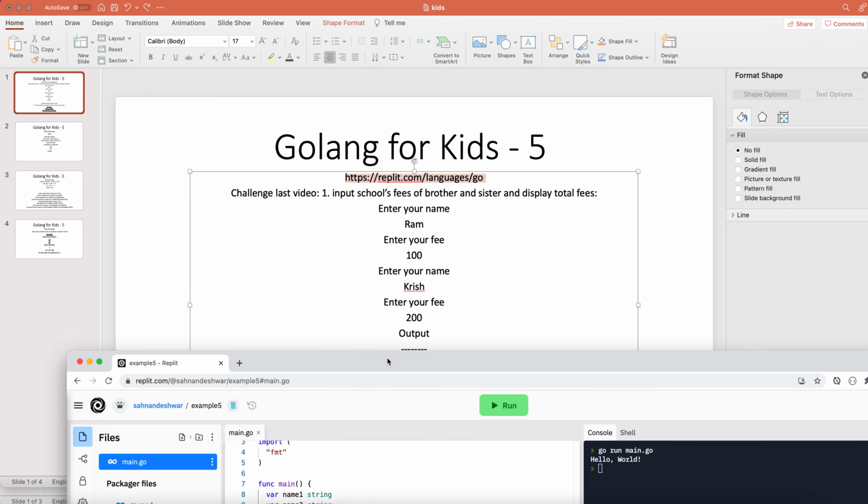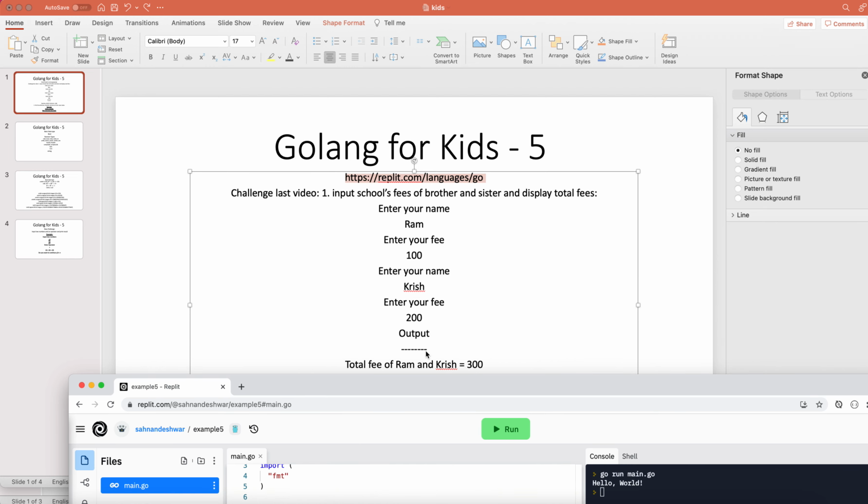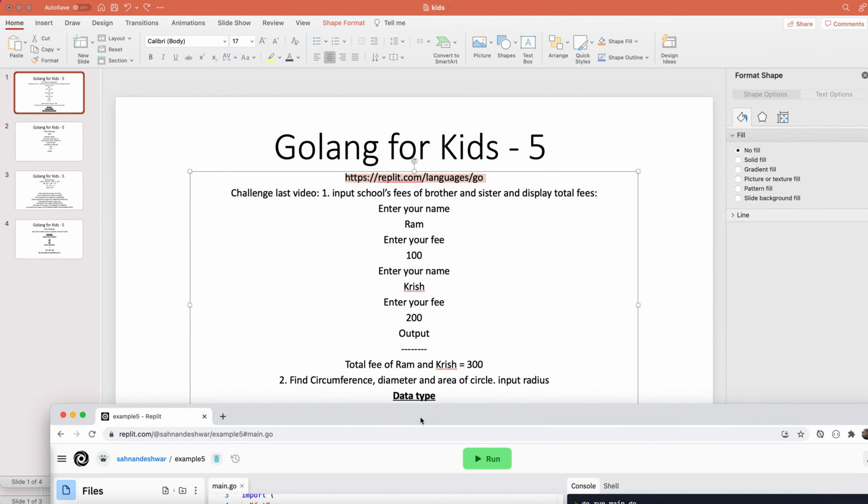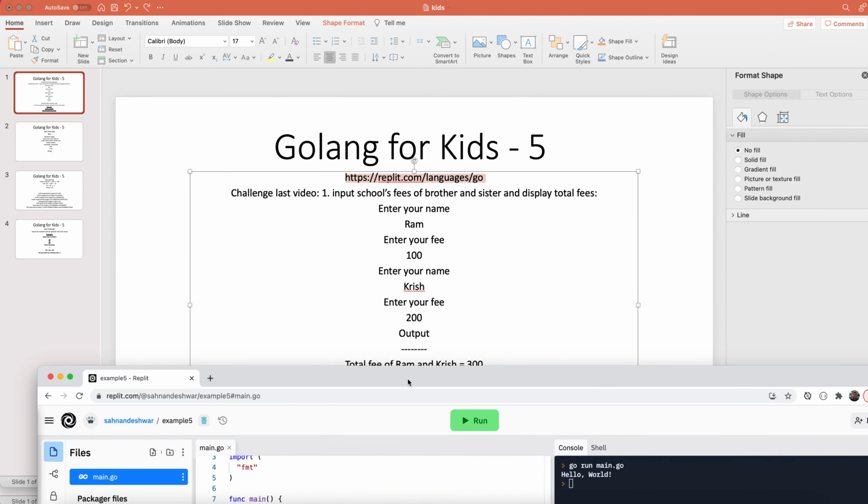And the next thing is we want to calculate the result. So calculate the result here. So result, I can say p1 plus p2. Then display the result. How do we want to display? Total fee of Ram and Chris 300. So